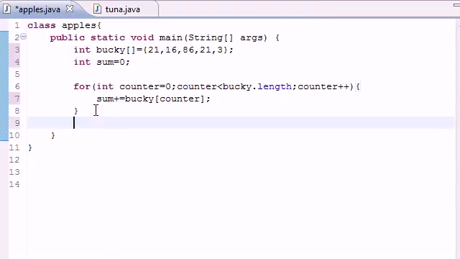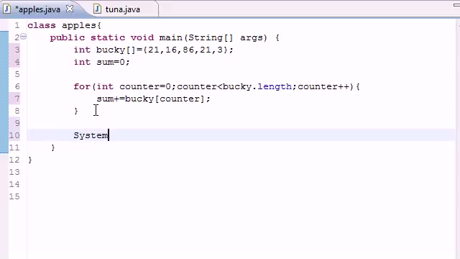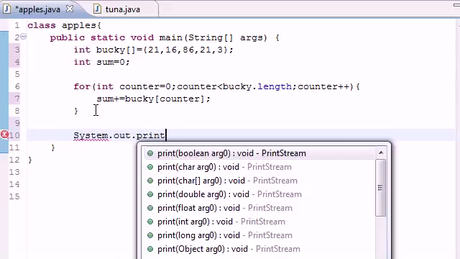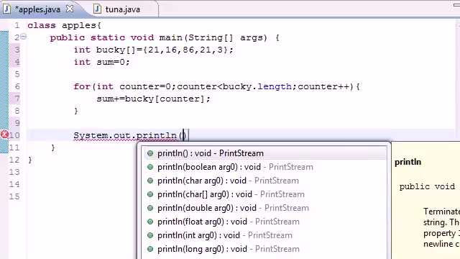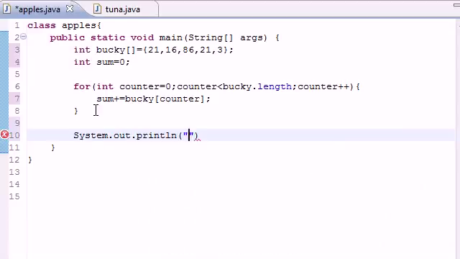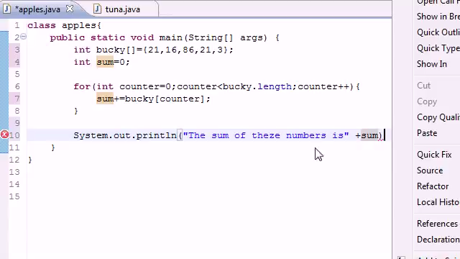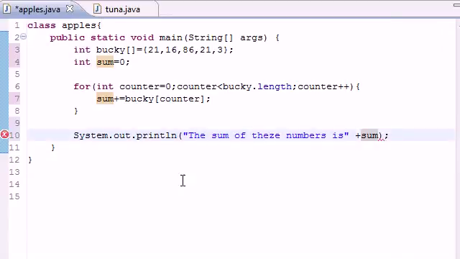So then, once we have all that, all we have to do is output it on the screen. So let's go ahead and put System.out.println, or whatever print you feel like using. And then let's go ahead and write "the sum of these numbers is", and then let's go ahead and write our sum variable, and this should be it. Hopefully it works. There we go. And let's go ahead and run this,